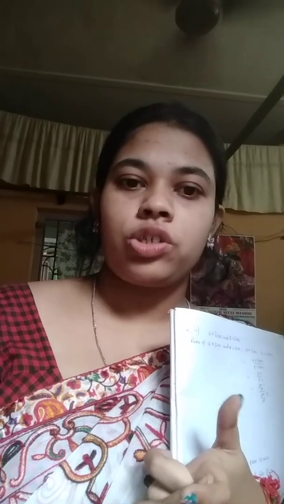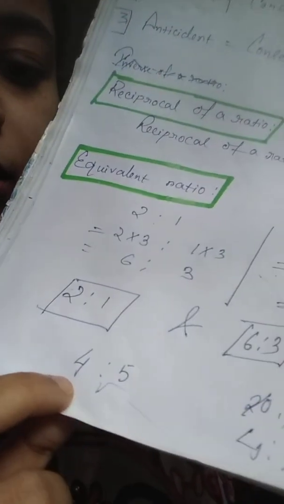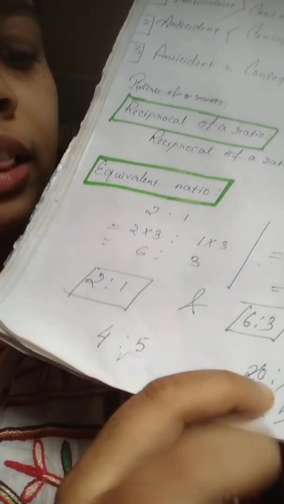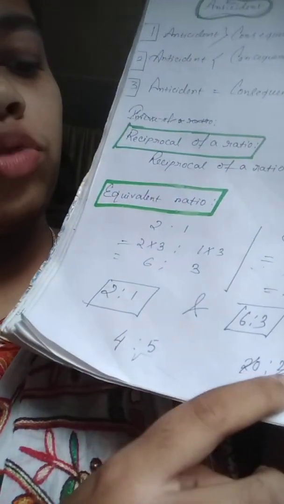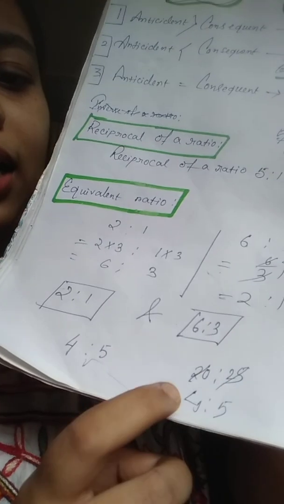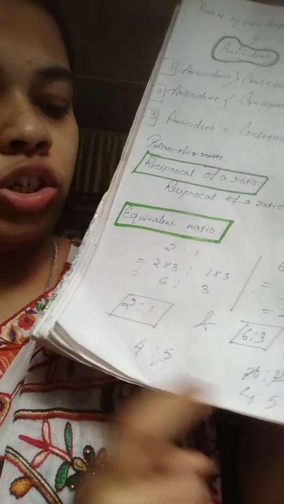Normally, when we find ratios, we change them into the simplest form or lowest form. When we find the ratio, we change it to the lowest term. Now from that this concept came. If I have another one, 4:5, and another one, 20:25, they look different because there is 4, there is 20, there is 5, there is 25. You tell me, no ma'am, they are not the same. But if we make them to the simplest form, 5 fours are 20, 5 fives are 25, we again get 4:5.